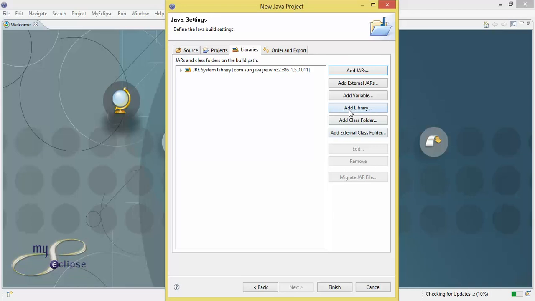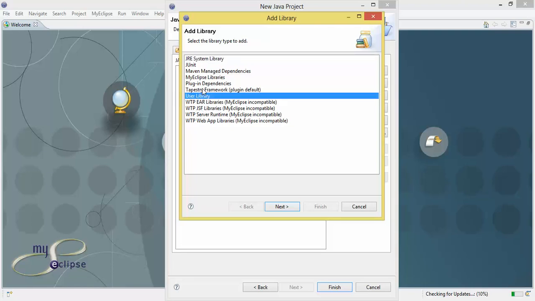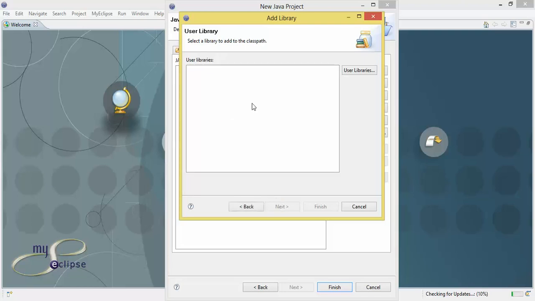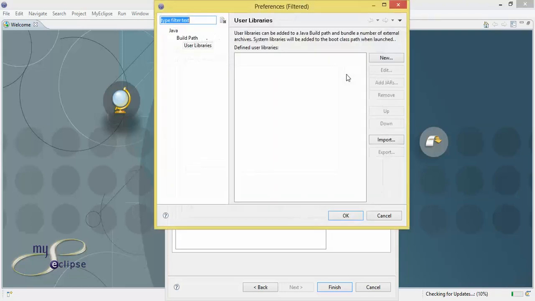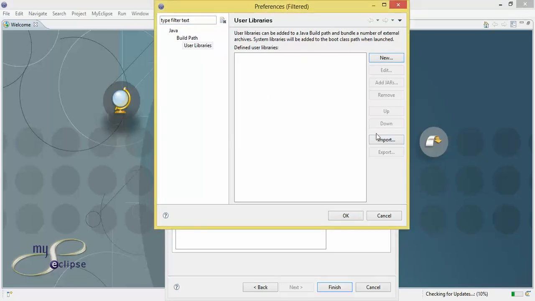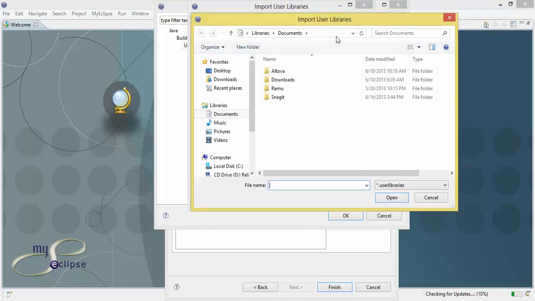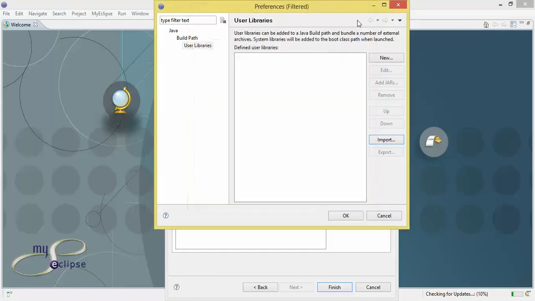And if you want to add a library, a library is a set of files, all the jar files or some other files, source files and all. If you want to include that, you can just add library, and in this you will get many libraries. Just click on User Library and click Next, and in User Libraries you can click User Libraries and go for New, library name, like that. You can just import from your locations on your computer if there are any libraries like that. Okay, I hope you got it. And next thing is